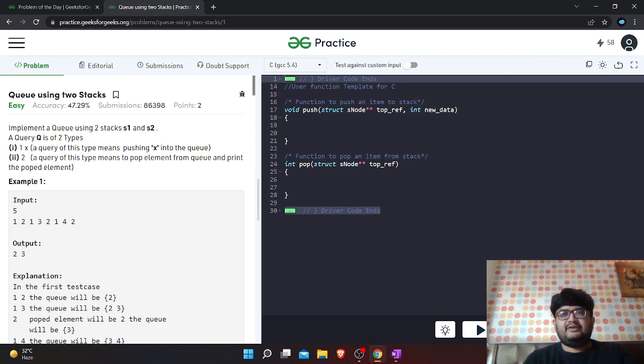Hi, today we'll be discussing the problem of the day, which is queue using two stacks. The problem statement is pretty simple. What you have to do is implement a queue using two stacks S1 and S2. A query is of two types: 1 X, which means you have to push X into the queue, and 2, which means you have to pop